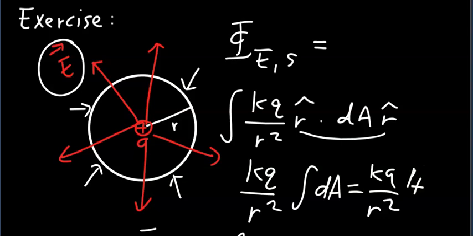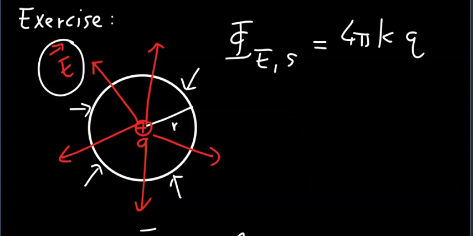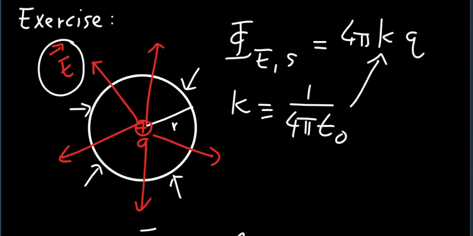The area of a sphere is 4 pi R squared. So R goes away, giving you 4 pi kQ. Now k is a constant which we introduced when we discussed Coulomb's law. It is related to the permittivity of vacuum in the following manner: k equals 1 over 4 pi epsilon naught. Substituting this in here, you see the flux will simply become Q over epsilon naught, Q being the net charge